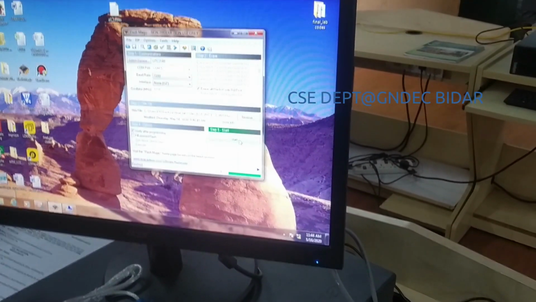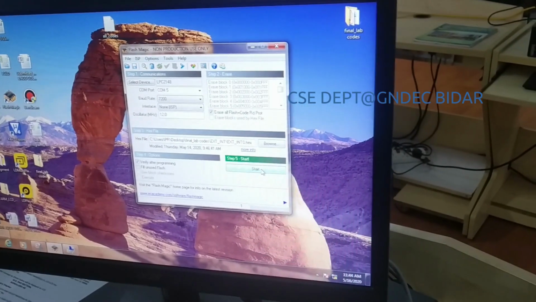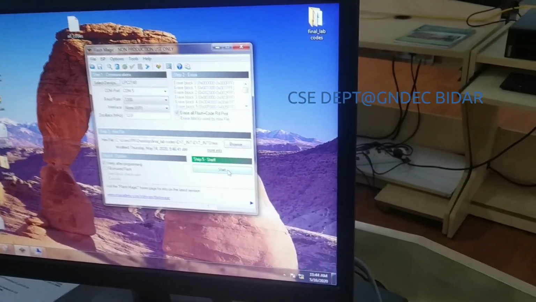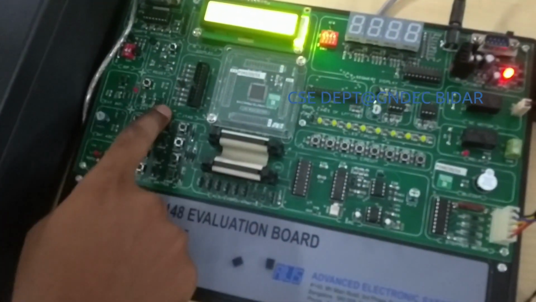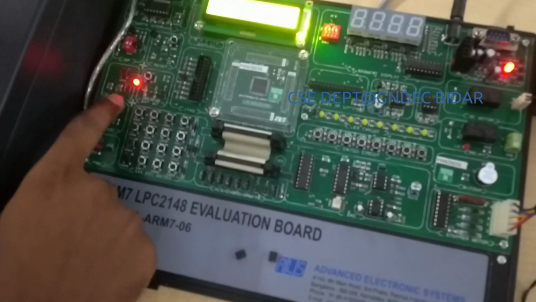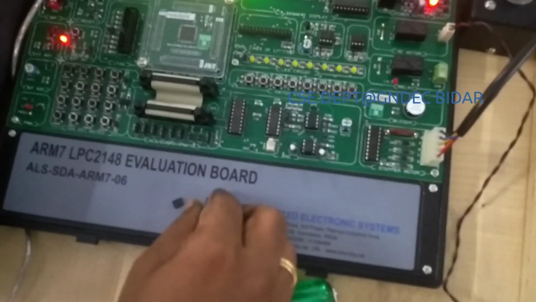15th experiment, which says use of external interrupt and toggle an LED on and off. So the external interrupt, you can see here, this is a block which is having the external interrupt on my kit. Here there is a jumper, so let me use the jumper first to connect it.